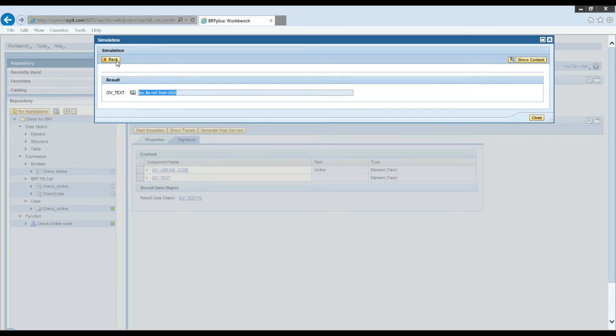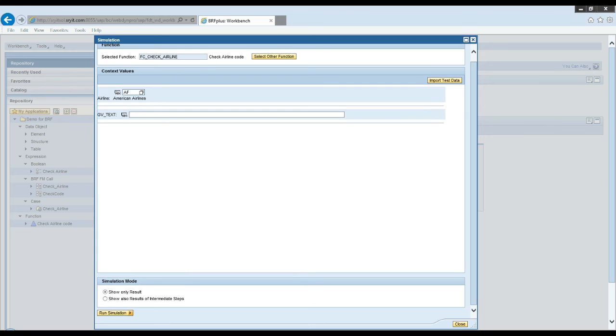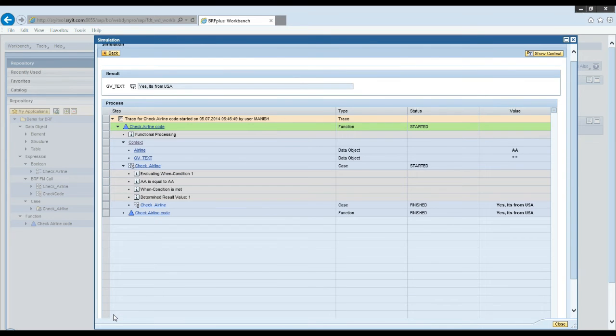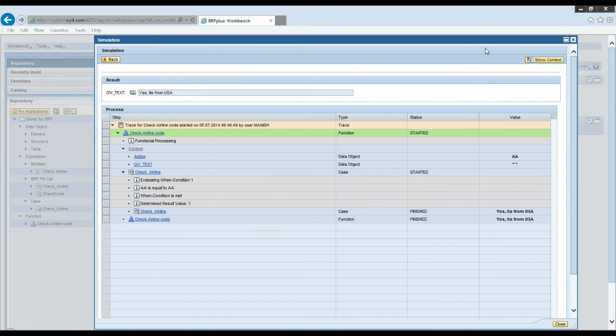I come back. It's a very simple rule. Enter the correct data, American Airline AA. This time I choose the next option where I also want to see what has been executed, for debug purposes. So let's say something is going wrong and your business rule value is not coming properly. You need to come and debug the business rule. So you can simulate the rule and debug it from here, with this option. So run simulation. You can see now it is showing you the simulation of the business rule. So you pass American Airline, the other value was